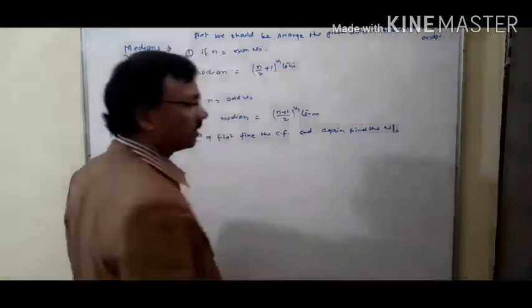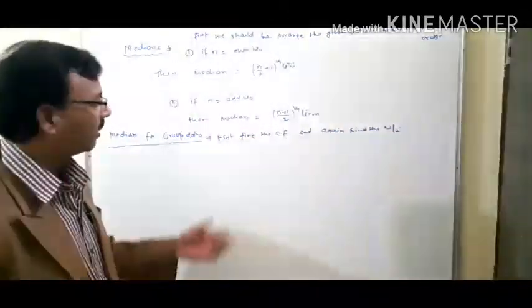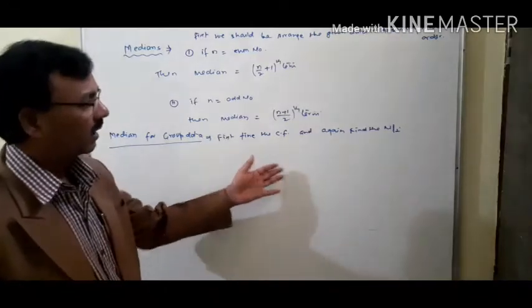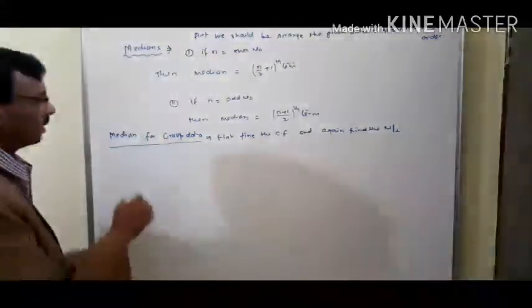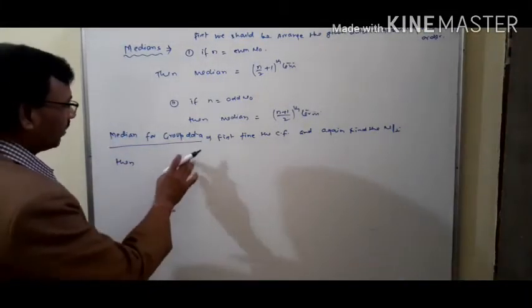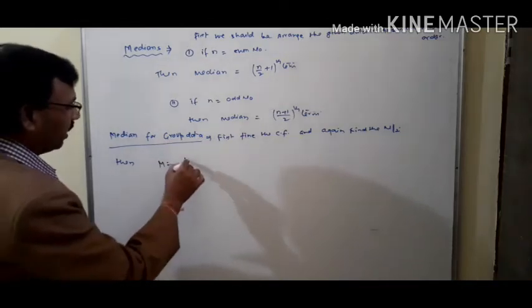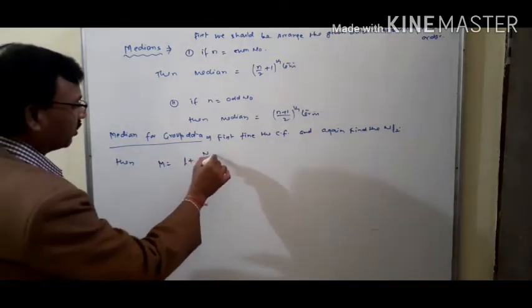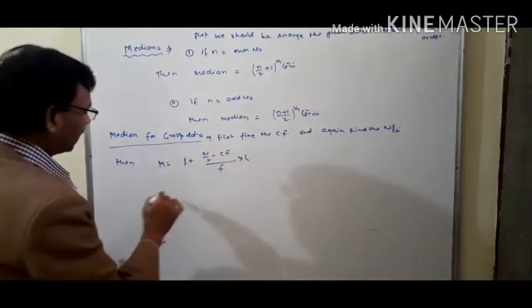N by 2 means half of the cumulative frequency, or half of the sum of frequency. Capital N means sum of frequency. Then we can find the median, equal to L plus n by 2 minus CF upon F into H, where